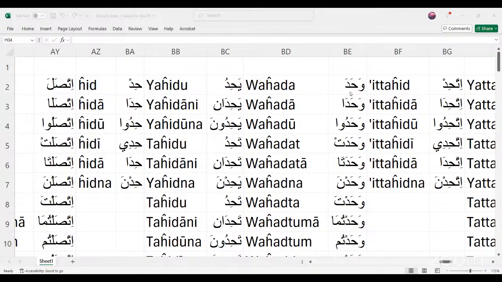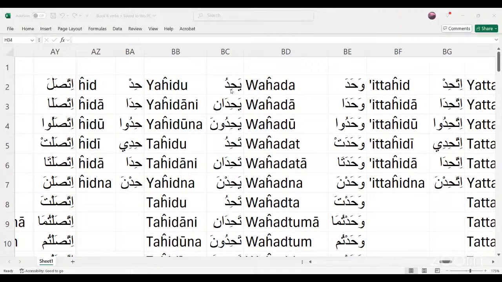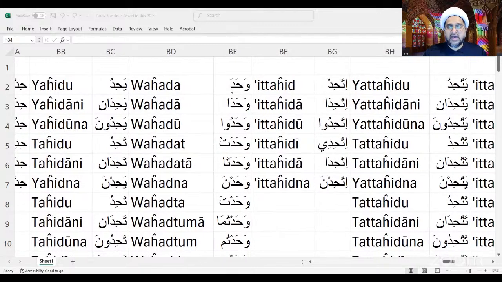So wahada means he was alone or he was unique. Yahido, he is being alone or he is unique in what he's doing. So this is like wahid, right? Exactly. And then what happens, if you want to make the process of unity, of making it one, that everyone is gathering, then it's babe ittahada. Wahid means one. And then if you want to get the process of gathering everyone together under one unity,